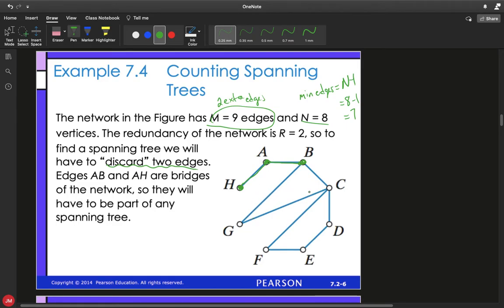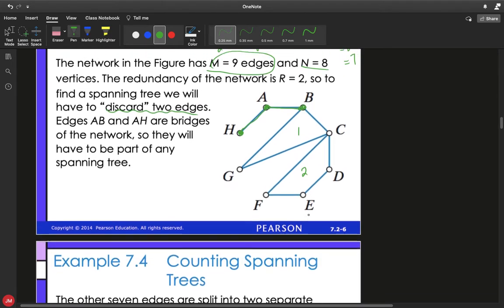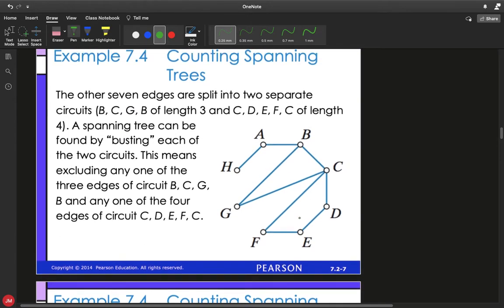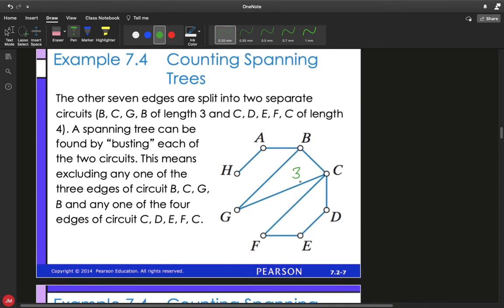And so what we want to look for is our circuits. In fact, there are 2 circuits that we have. One connects B, G, and C. The other connects C, D, E, and F. So looking at those, there is a circuit of length 3, which is this one right here, and then a circuit of length 4, which is this one right here. So we need to remove one edge from each. From our 3, we're going to take away one edge. And then from our 4, we're also going to take away one edge, because remember our redundancy was 2. So we're going to take away one edge from each of our